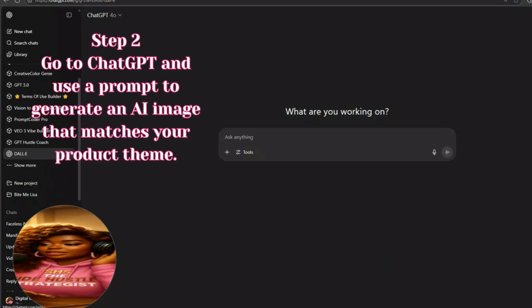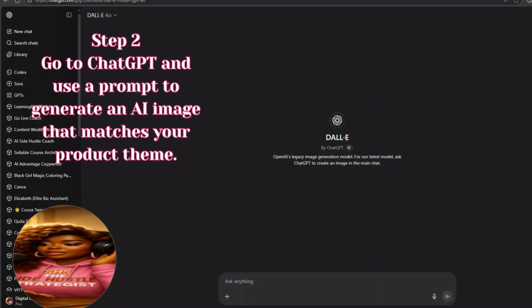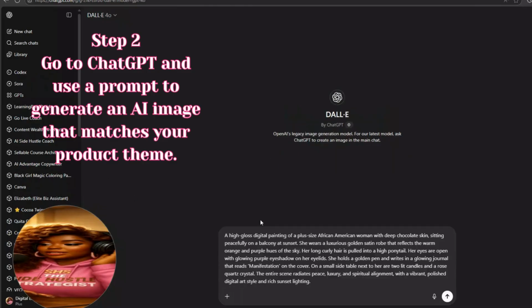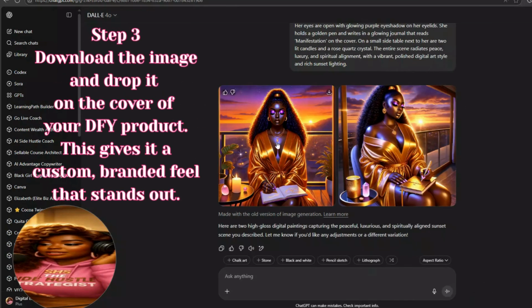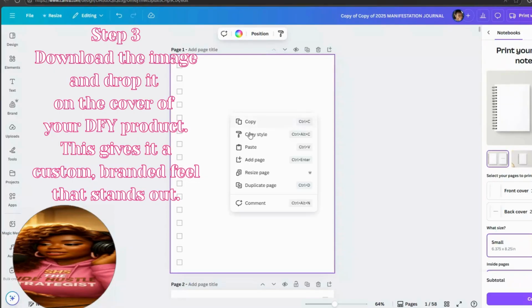create an AI image. Okay, so I've already created a prompt, and so we are going to create this image, and we're creating an image in order to put as the cover of our manifestation journal. Now that we have our image, all we're going to do is copy this and then bring it back into